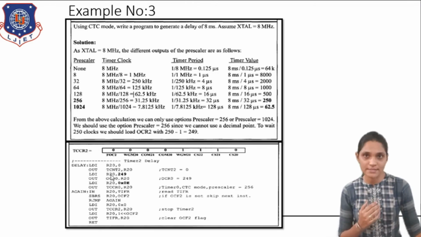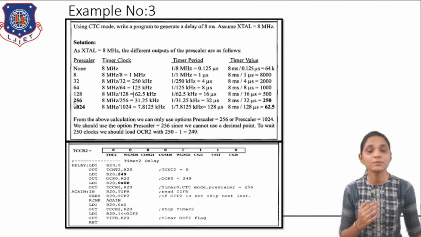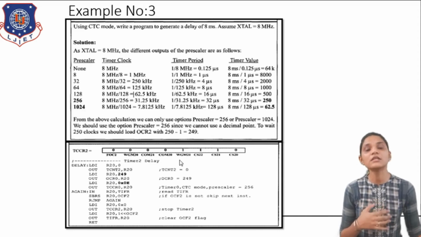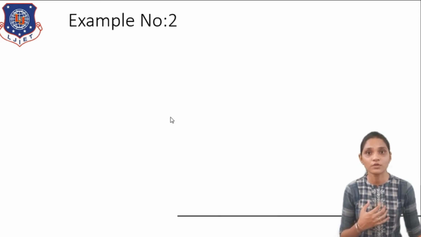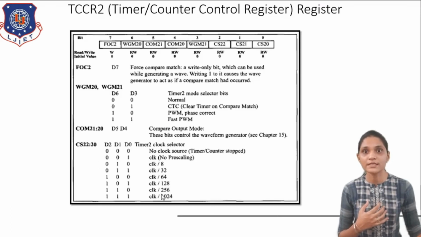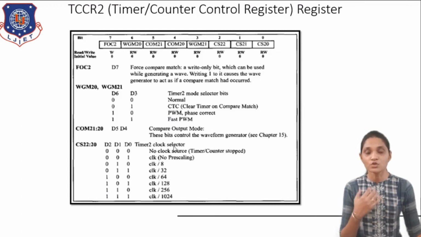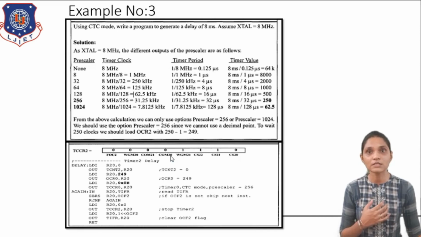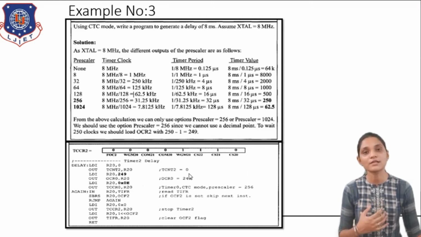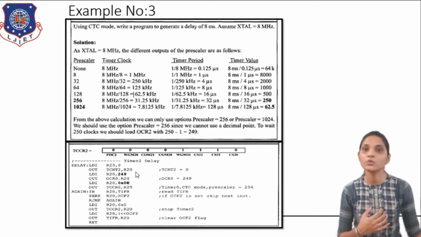Now let us see the code for this delay, in which we have to select the prescaler of 256 and the normal one. For selection of 256, we have the value of 110. And we are using this in the CTC mode, so the values of D6 and D5 will be 01. Depending upon that, the bit pattern for this register will be 00001, which is for the selection of the mode, and then 110 for the selection of the prescaler. So this will be the value that we have to store inside the TCCR2 register.